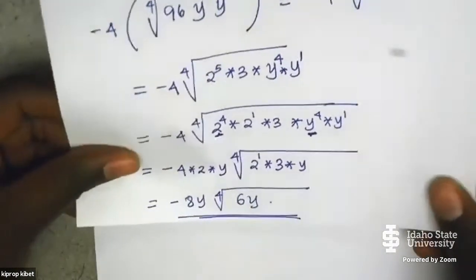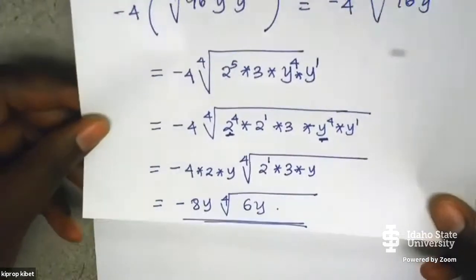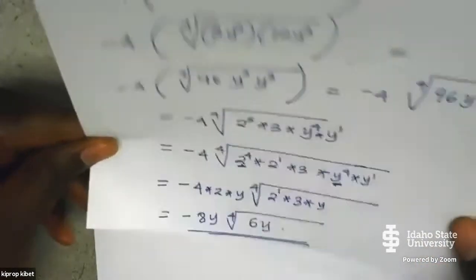So that is how you can multiply and subtract. Okay, now